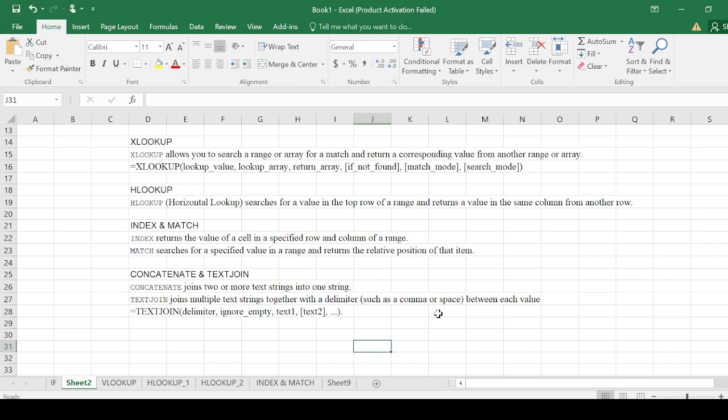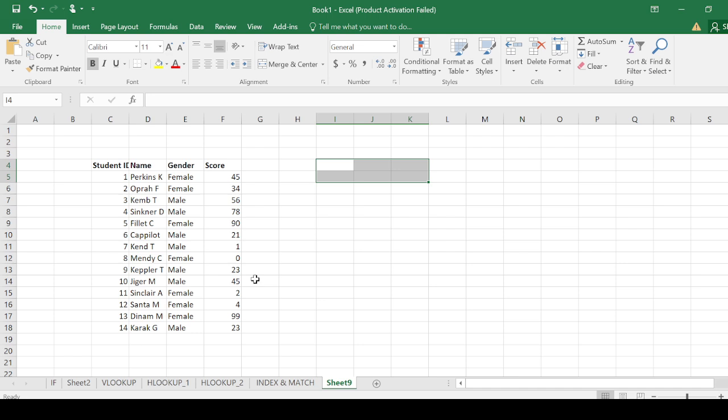Unfortunately, text join will not be computed in this version of Excel, but if you have 2019 or 365, you can try it. Let's see how concatenate is performed. We have data here. Let's say we want to connect